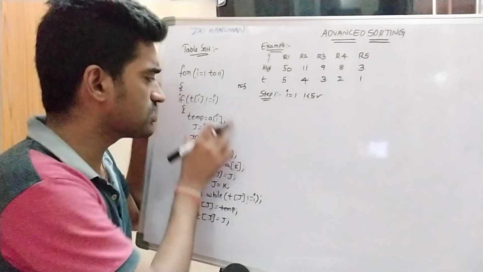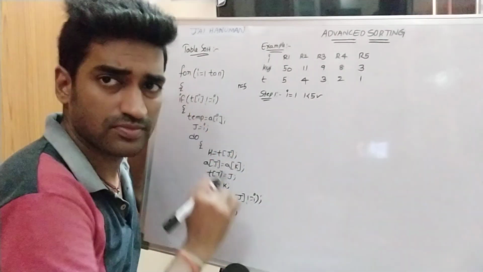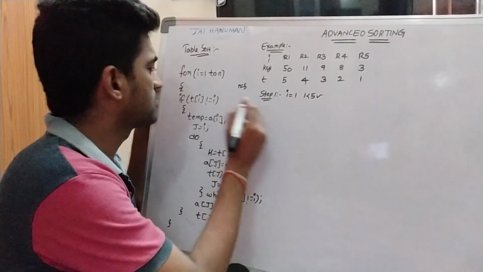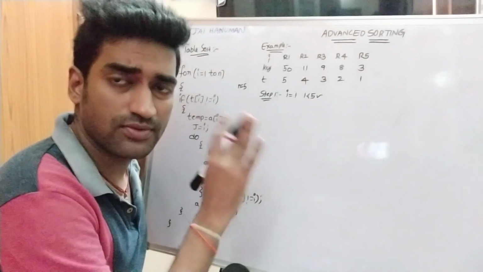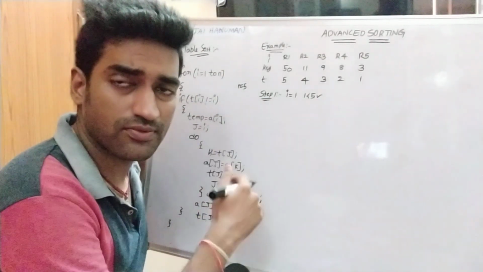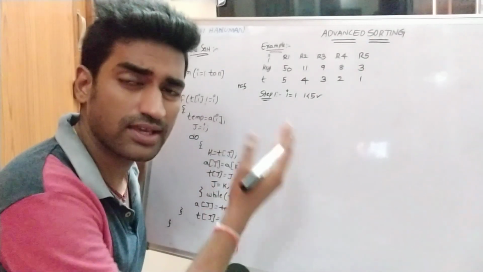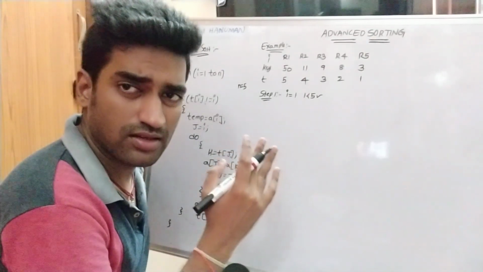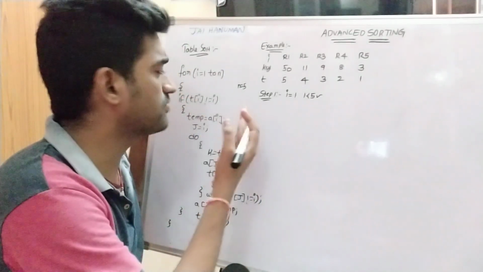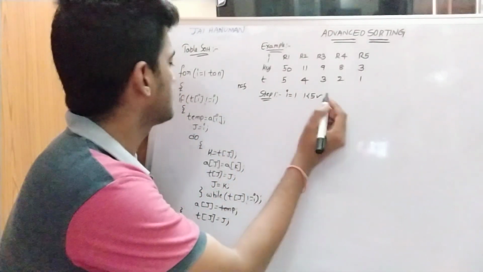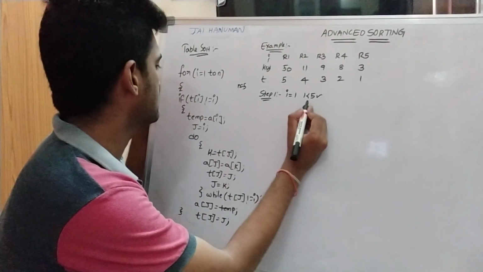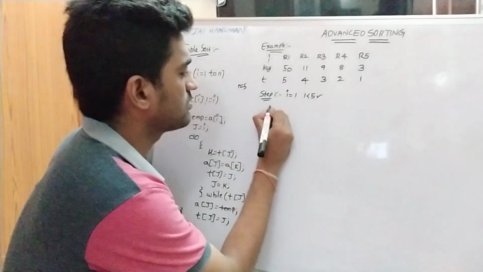This function definition is for the non-trivial cycle. Generally there are two types of cycles, non-trivial and trivial. If t of I is equal to I, we are forming a non-trivial cycle. If t of I is not equal to I, we are not forming any cycle. That cycle is called a trivial cycle. So I less than 5, the condition is true.